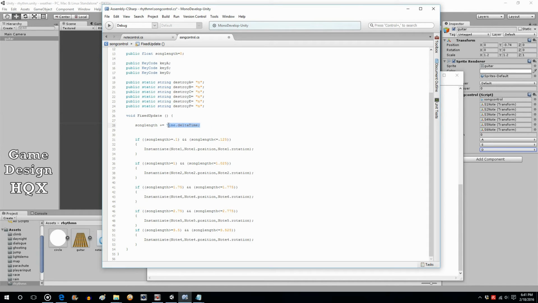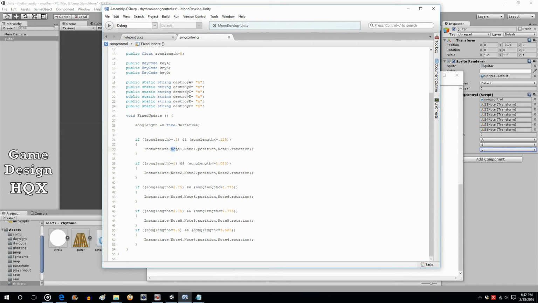Because in all likelihood you're not going to get the exact timestamp you're looking for, so you create an ever so slight range. By doing that, it'll only appear once in that range. This was trial and error where I found that 0.025 was a safe amount of time to make the note appear without a risk of there being 2 notes appearing. So if songLength is within that bracket,